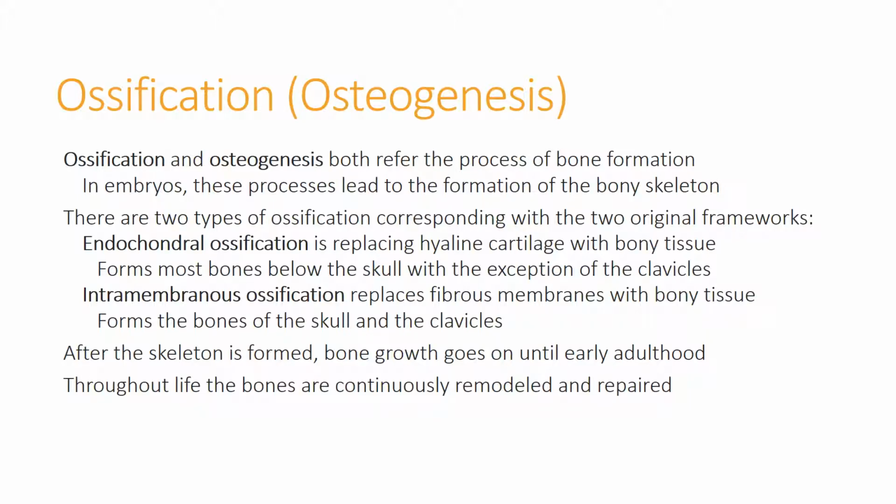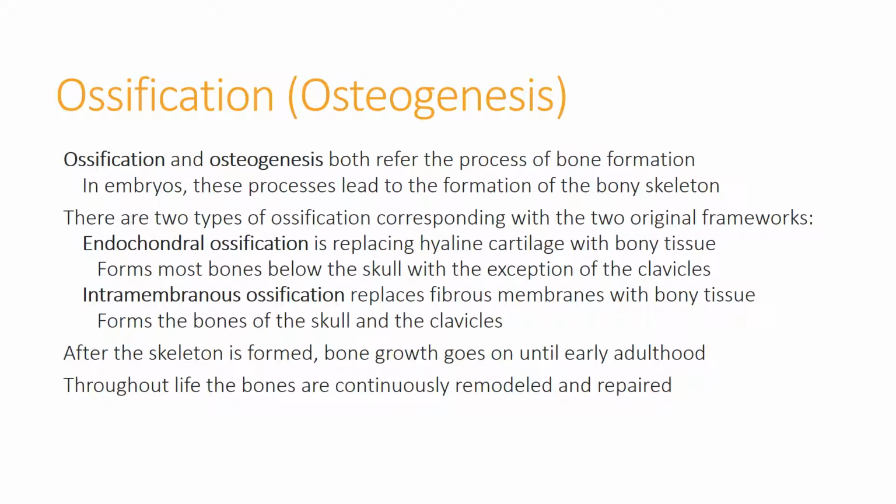In our last few videos, we've been looking at the process of ossification, or osteogenesis, that is, the formation of the bony skeleton. We said that there are two main types of ossification that correspond with the two original frameworks, or scaffolds, that form the original basis of our bony skeleton. There's endochondral ossification, which replaces hyaline cartilage with bony tissue, and there's intramembranous ossification, which replaces fibrous membranes with bony